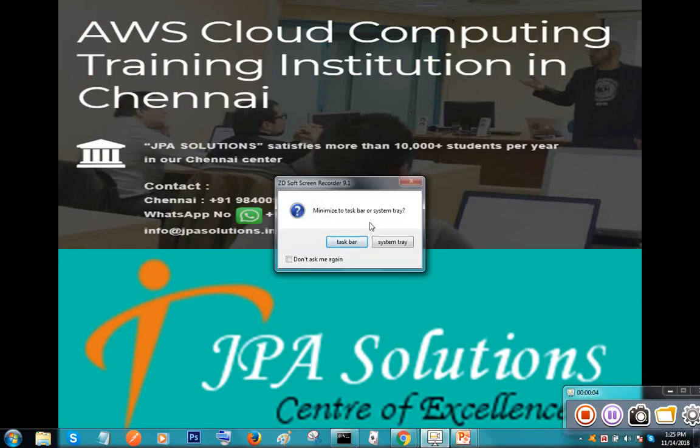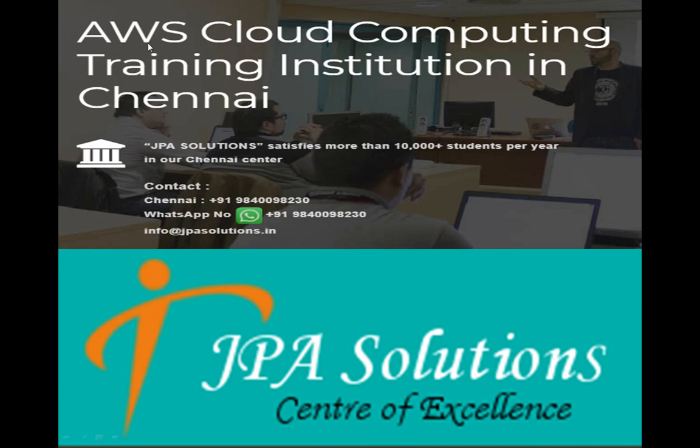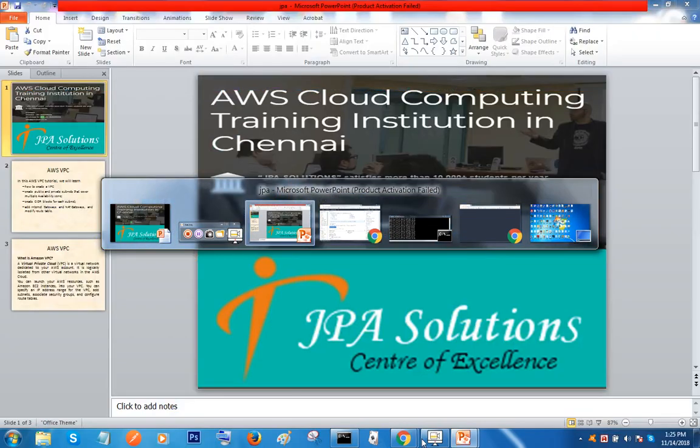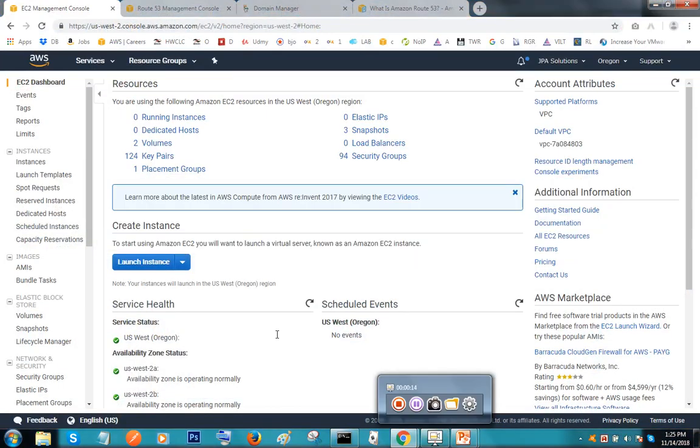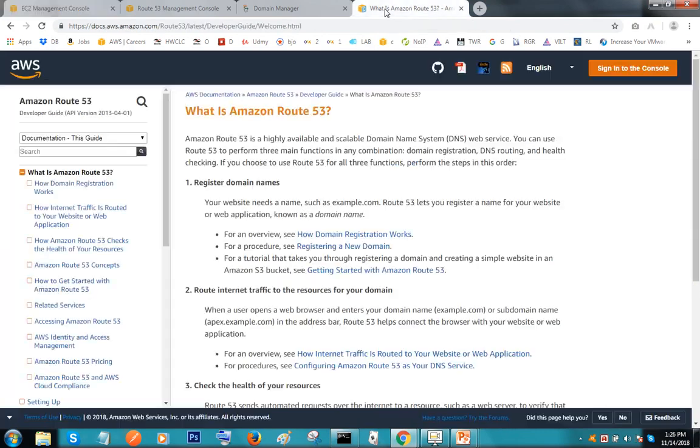Dear friends, in our Amazon tutorial, we are going to see today Route 53. Now, what is Route 53? Amazon Route 53 is a domain resolver or a DNS resolver, which is a highly available and scalable domain name system web service. You can use Route 53 to perform three main functions in any combination: domain registration, DNS